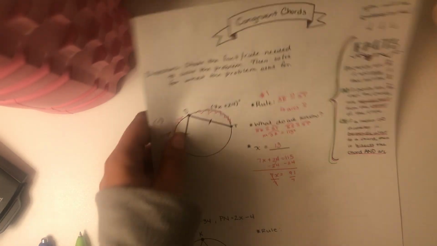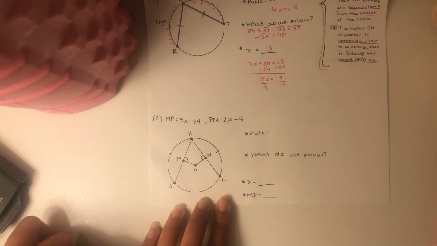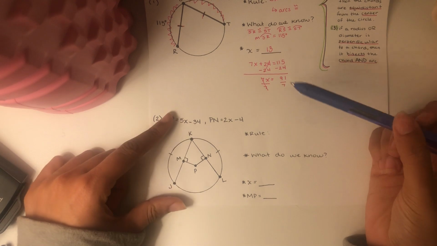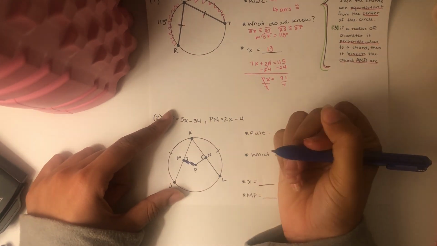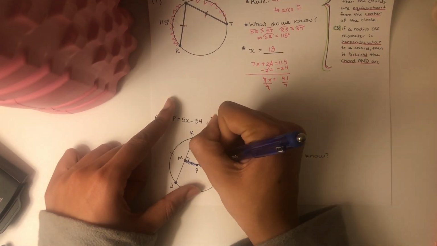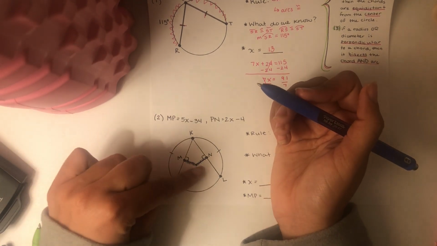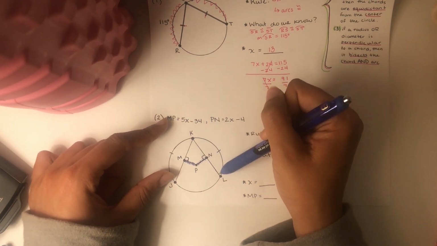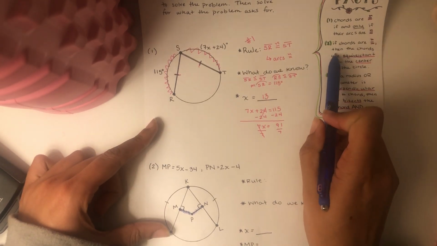Problem number 2, you can pause the video if you need to get this down. The problems are going to get a little bit more difficult, but not by much. All right, so MP is 5x minus 34. MP is this line right here. Then it says PN is 2x minus 4. Getting this information from right here. So what are these lines that they're talking about? This is a line that starts from a chord and goes to the center. So we're using rule number 2,